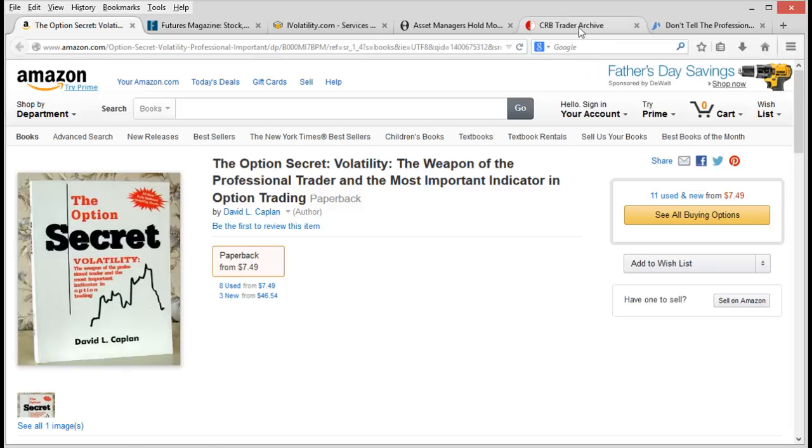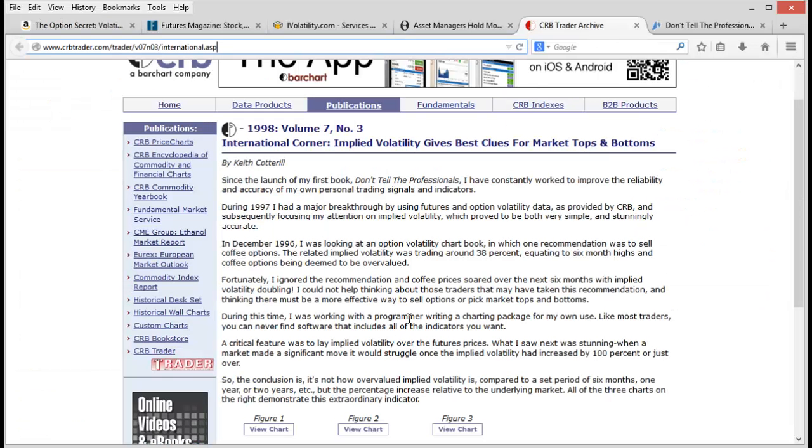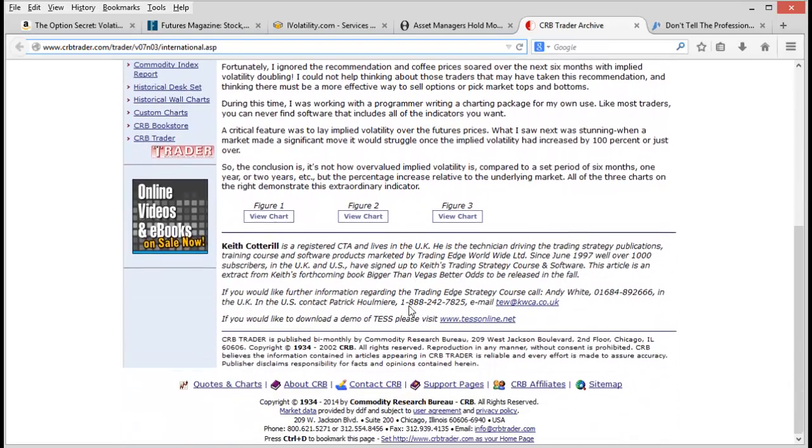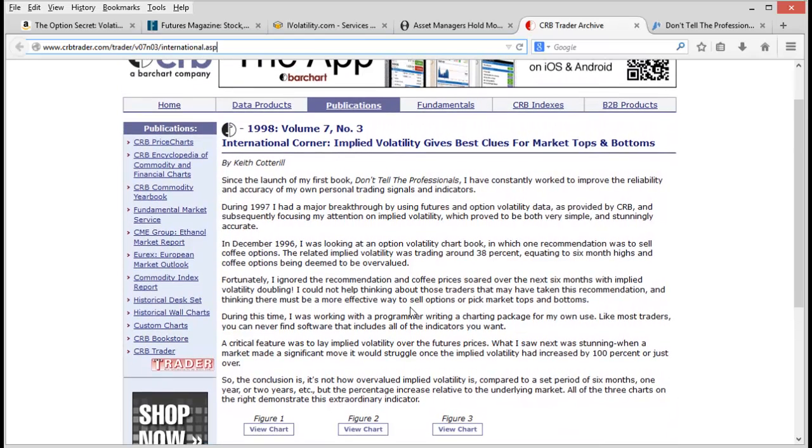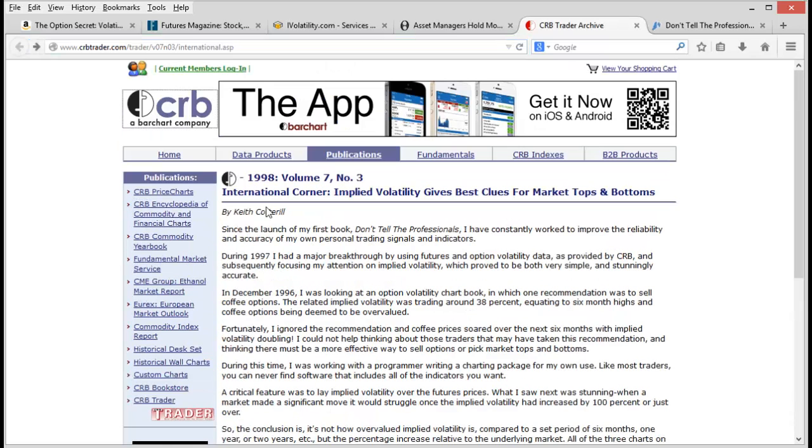And I was asked by CRB, Commodity Research Bureau, who asked me if I would write an article for their magazine at the time. This is the now online version. This is the archive version of this article. It was in newspaper format at the time. But of course everything's electronic, and fortunately they've archived it on their server, so you can actually see this as well. So what I will do is post the link in the email so you can actually come directly to this as well, save you having to actually find it. So this article was printed in